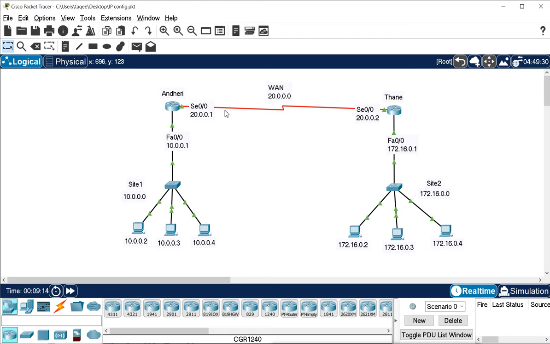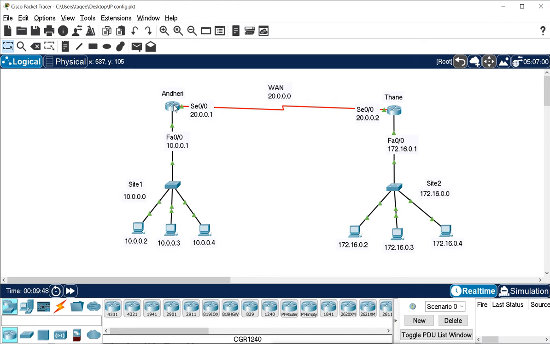As we say, this is a different city and this is a different city, and we want to do the connectivity between those two cities. So we have the router there, and the router is connected to the WAN network, but there is no WAN network here in Packet Tracer. So we connected them directly through a serial cable so that we can do the connectivity. And we have assigned the same network IP on both sides of the serial interface. This network is also a different network: this is network 10, so this is network 20.